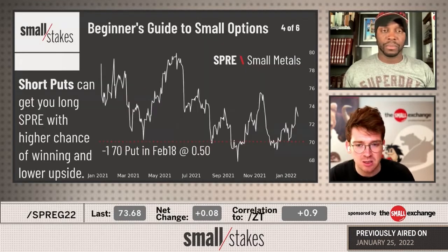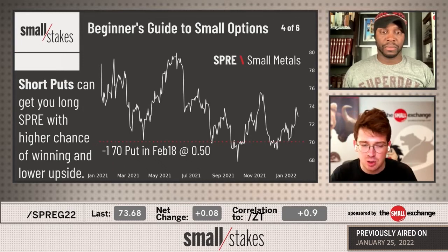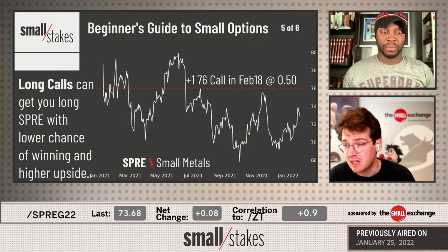But enough about the specs. Let's go through just a couple of quick example trades for all of you out there who are looking to get started in the spree futures options. To me, it's always, Jermal, these things are so small in here. All of the options on that page range from $10, $20, or 10 or 20 ticks to $1 or a couple of dollars there, which is $100 or $200 or $300 in there. And so my thing is always, try something like a short put or a short call or a long call or any of this stuff, and just watch it tick for a little bit. And just see the way that it trades. You can close this stuff. There's no day trading. You can close this stuff in the next minute or so